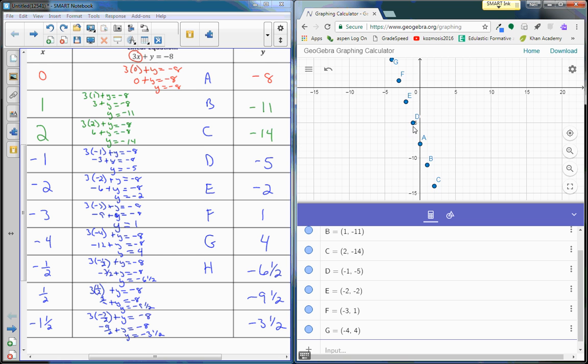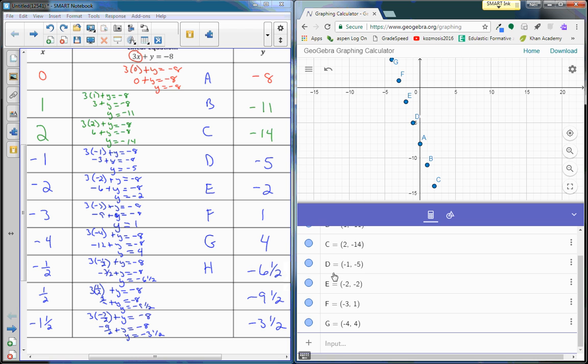So as you can see, it looks like it's a straight line. But what is happening between our integer values? That's all we've done so far, are integers. So my graph could possibly curve down here and then back up and curve around. It may not be a straight line, so we want to choose values in between to see if it consistently stays on that straight line. So now we're going to plug in 1/2,